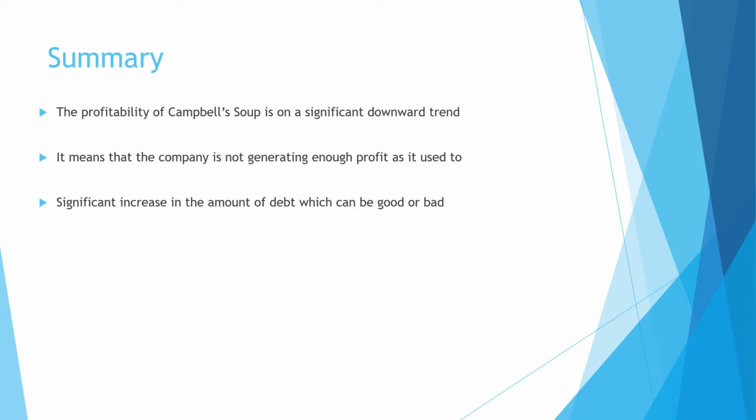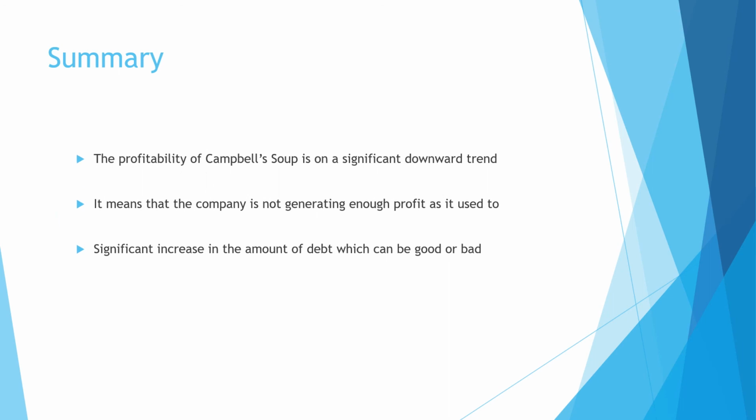Summary. From the above ratio analysis performed, we can see that the profitability of Campbell's Soup is on a significant downward trend. Its gross margin ratio and the net profit margin ratios have fallen when compared to the 5-year average, but their revenues have remained stable for the past 5 years, which means that their expenses have been increasing as it is not generating enough profits. Hence, Campbell's needs to cut down on its expenses or generate more revenues by increasing market share to increase its